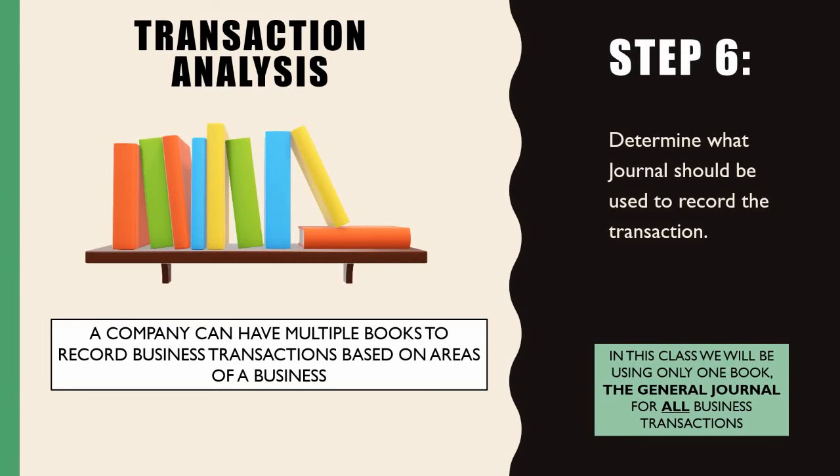Okay? So of course, step number 6 is determining which book you're going to be putting it in. Now, in this class, we only have one book. It's going to be one general journal book. But when you go into a different company, a company is going to have separate books for separate areas of a business, right? One specifically for sales, one specifically for inventory,